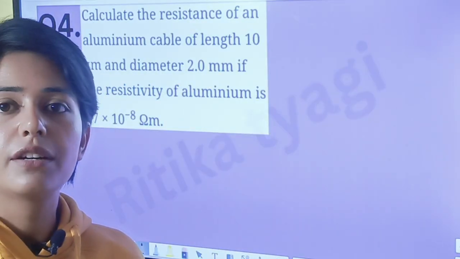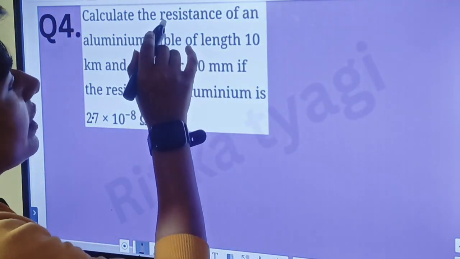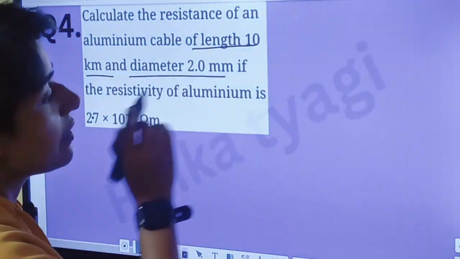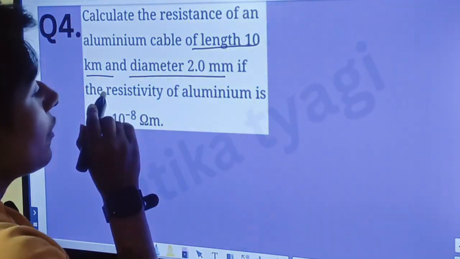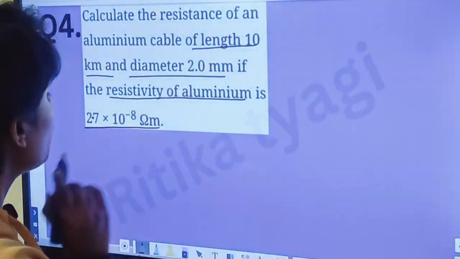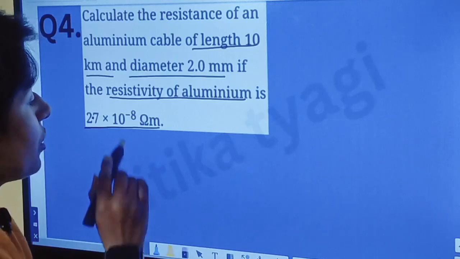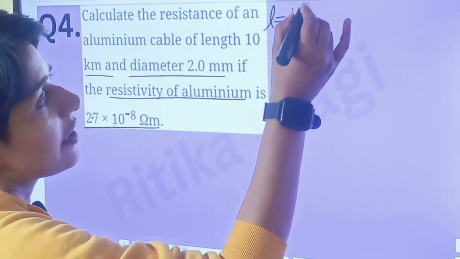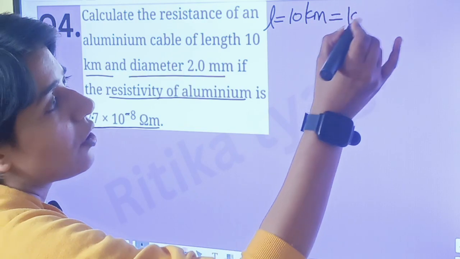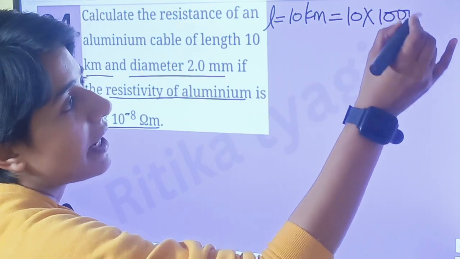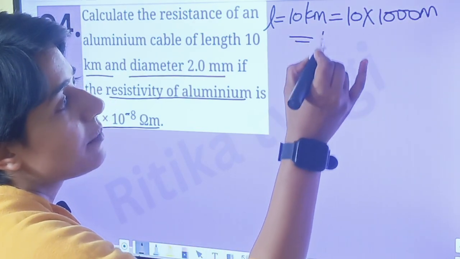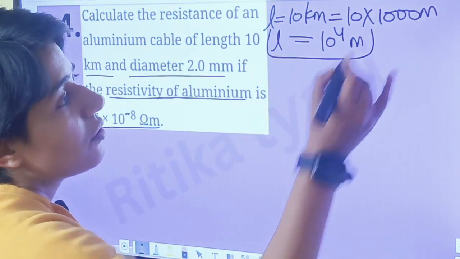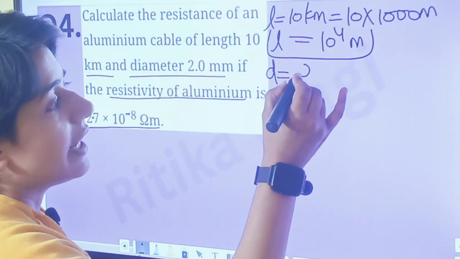Solving numerical number 4. Calculate resistance of aluminium cable of length 10 km, diameter 2.0 mm, if resistivity of aluminium is 2.7 multiplying 10 to the power negative 8 omega meter. L is given 10 km. Convert kilometer into meter by multiplying 1000. That is 10 to the power 4 meter is the length of this aluminium, and diameter is given